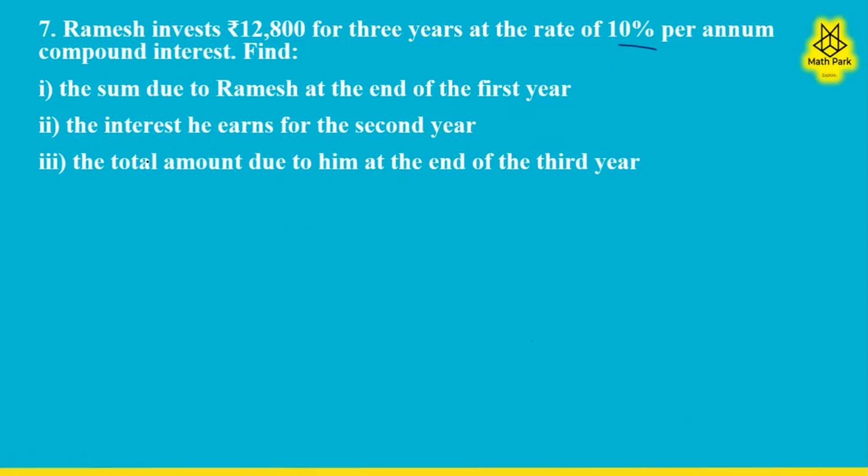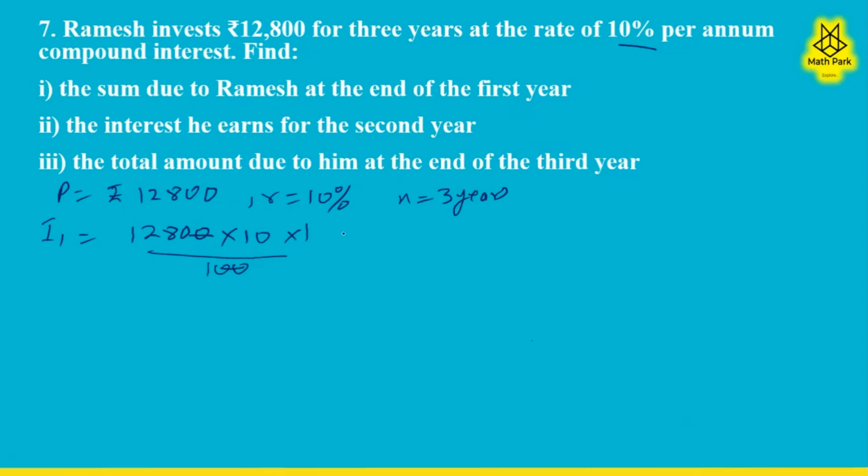So here the principal is given to you as rupees 12,800. The rate of interest is given as 10%. The time period is given as 3 years. So n is equal to 3 years. And you have to find the sum due to Ramesh at the end of the first year. For that, let us first find the interest for the first year. Let me take it as I1, where the principal is 12,800 multiplied by the rate into time, for 1 year we are finding, upon 100,